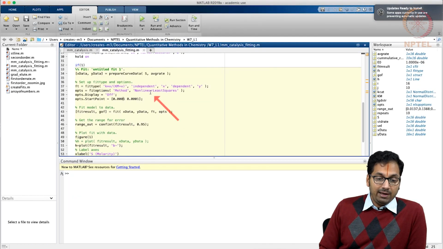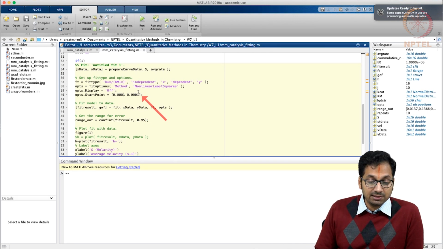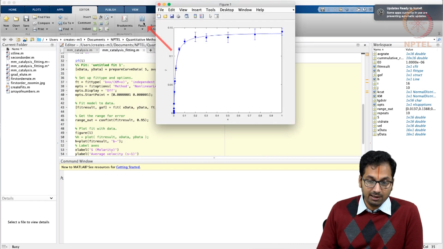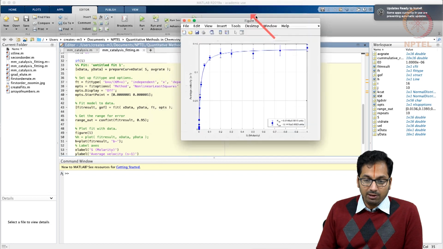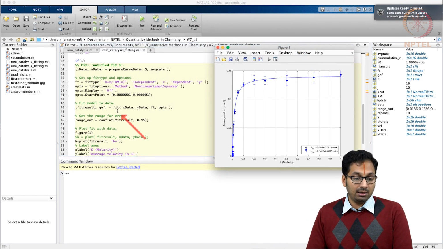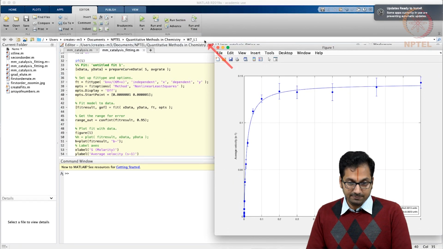Now what we end up doing is to run this where the starting point is slightly changed. Instead of 0, 0, which results in an error, I just put it to a very small value. You can add more zeros so that you ensure that you get the right KM and KCAT and there is no bias. And the same thing that I wrote in the script is able to plot the data points. So let's take a look at it.